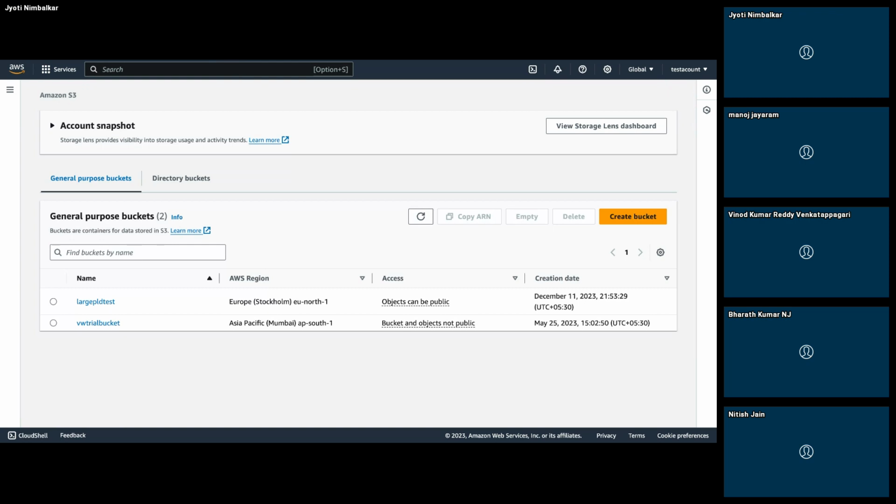Yeah, an S3 bucket is kind of a database from AWS. We can consider it as a database also. You can say it is some file storing service as well. And to an S3 bucket, we can connect through SFTP configurations as well.